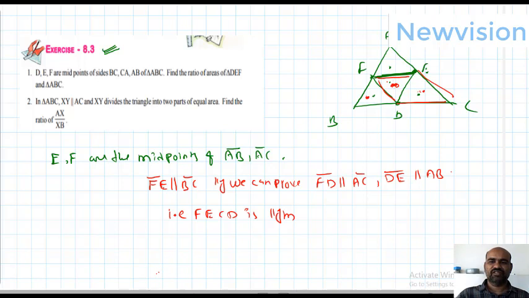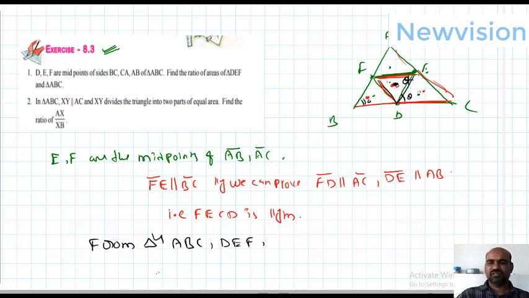Students, no? These two are midpoint. This parallel to this. This parallel to this. So what happened? Automatically this is parallelogram. Okay. Now observe here, students. Interesting thing is the smaller is similar to bigger. I want to prove that the smaller is similar to bigger. That's why I want to take this is theta. This is theta. This becomes theta. This is theta. This becomes theta. Because these two are parallel, no? These two are parallel, no? This is still this theta. Means theta, theta. I will write that. From triangles ABC, comma, DEF.